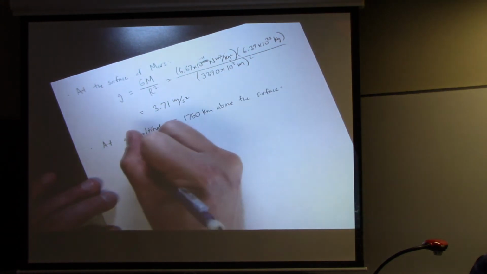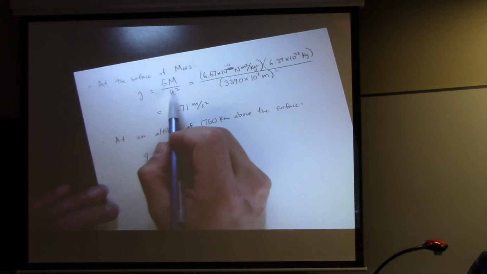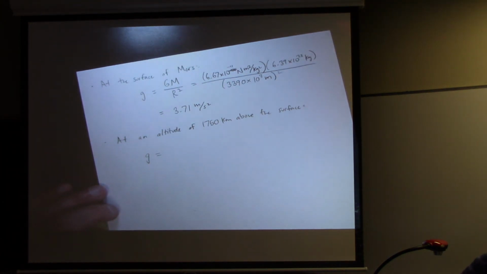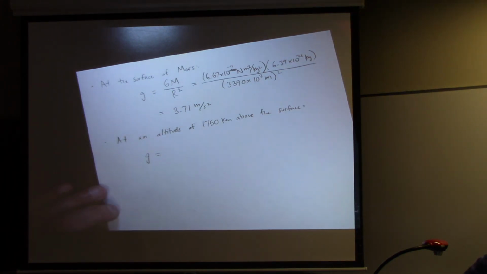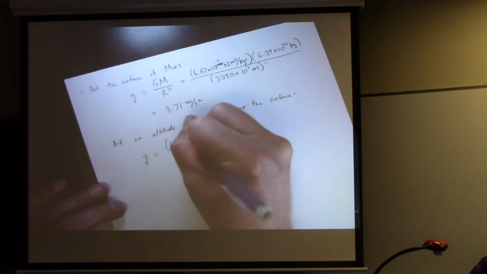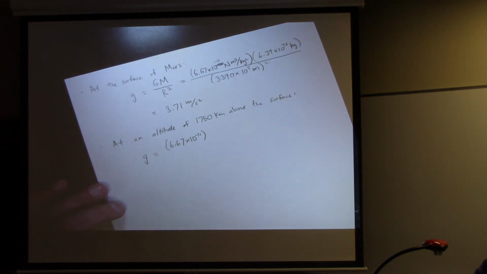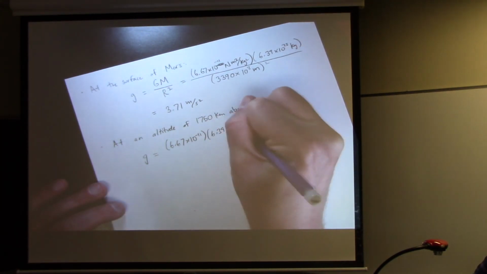Okay, so the same basic formula applies, except we're not just going to use the radius of Mars, we're going to have to add this distance to our radius, because now we're further away from the center of Mars than we were before. So we have 6.67 times 10 to the minus 11. I'm going to leave off the units here. You know what they are. 6.39 times 10 to the 23,